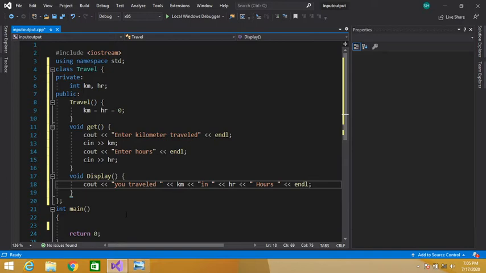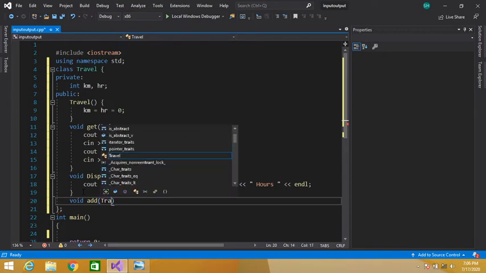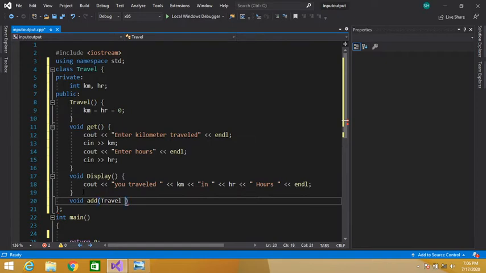Okay, today we will study how we can pass an object as a parameter. Let's create another function. Void, let's say add. We have to pass an object as a parameter. Simply write the name of our class, that is Travel, and the object name, let's say p.